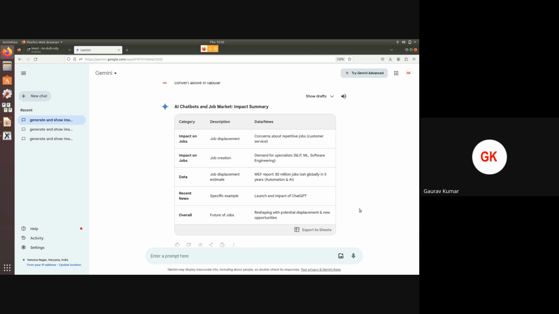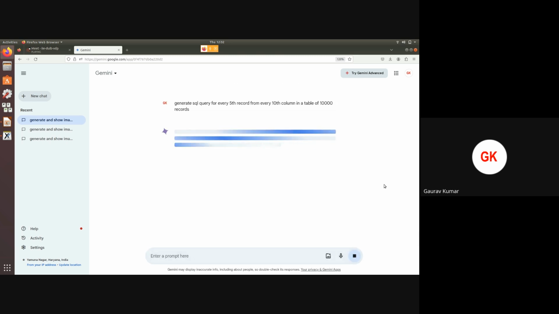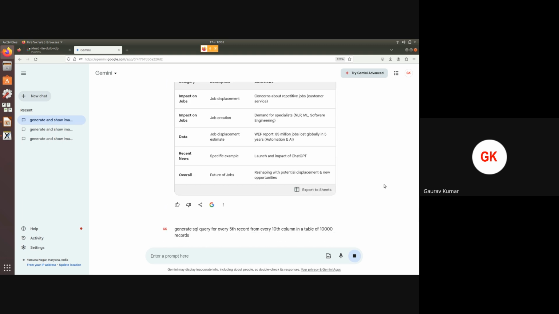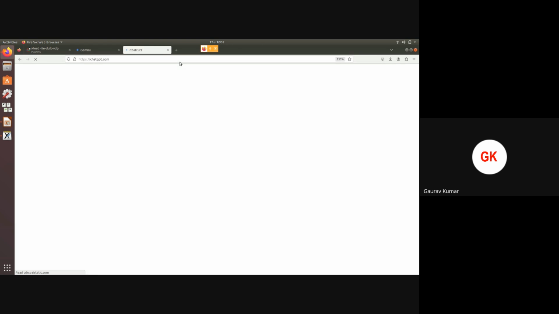If I want to generate a SQL query for every fifth record from every 10th column in a table of 10,000 records, a human expert will take some time, but Chat GPT will do it. So if the same thing I can perform in Chat GPT,